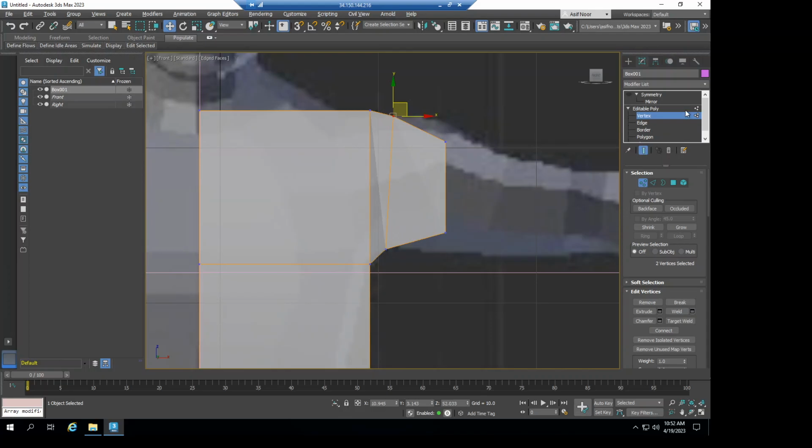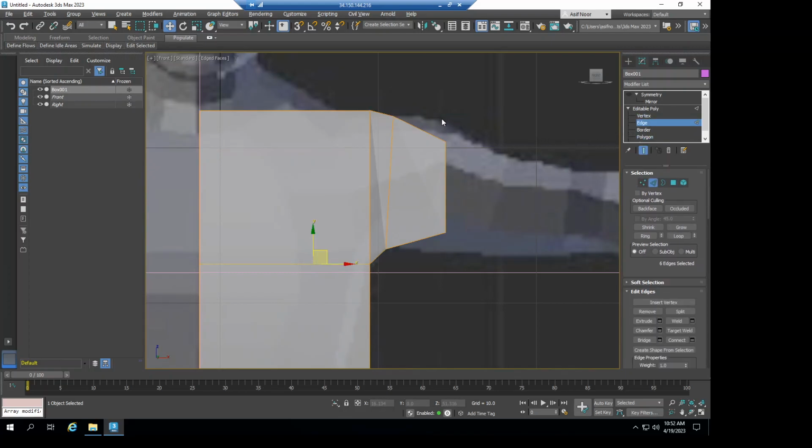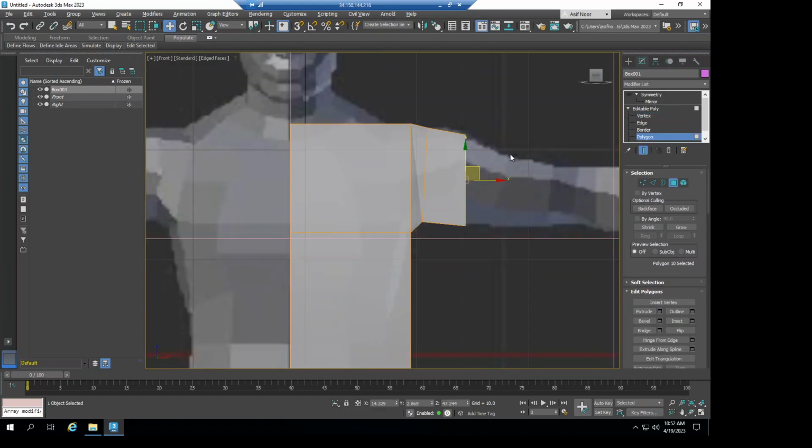Okay, and edge selection, then box select this edge. Actually, go back to the vertex selection, and then I'm going to select these vertices, take them out a little bit, and then box select these, and then bring them down. Okay, so now go back to the polygon selection and also take a look at the top